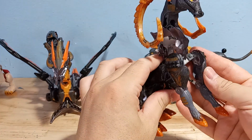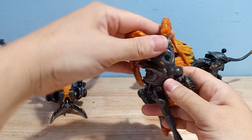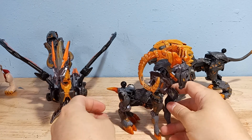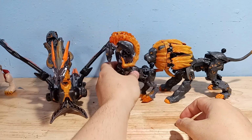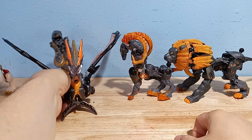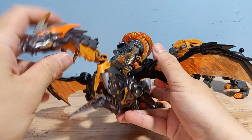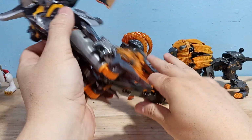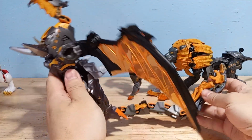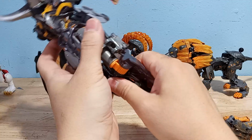Just fold up that bicep. And then use the double joints on his neck, make that shorter and more natural looking. And there you go, you get his little goat mode, which I think looks pretty cool, especially compared to his gigantic lion. I think that they scale nicely together. And then you get this mode, which you could do in a few different ways. You can use this whole thing, and this can be a giant flying serpent, snake or something. Oh yeah, and then you can take off this ball joint,